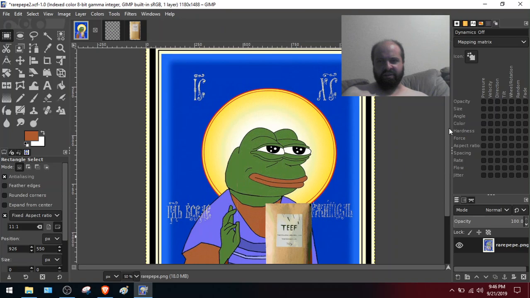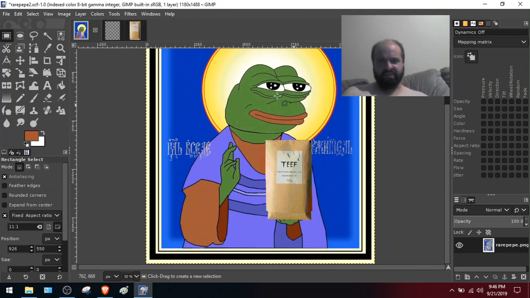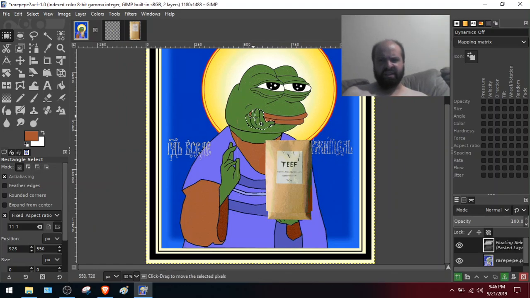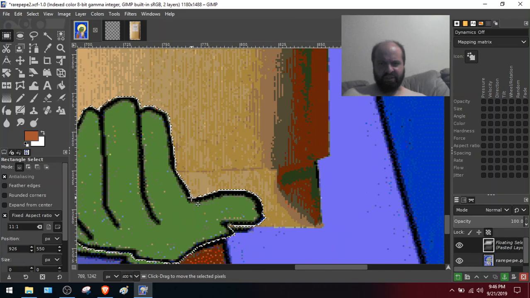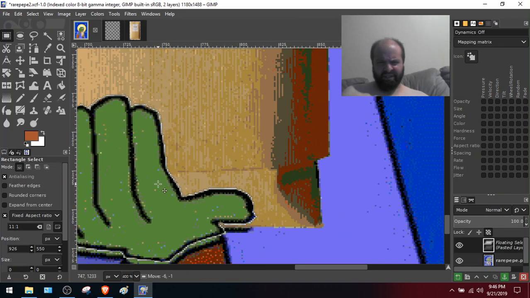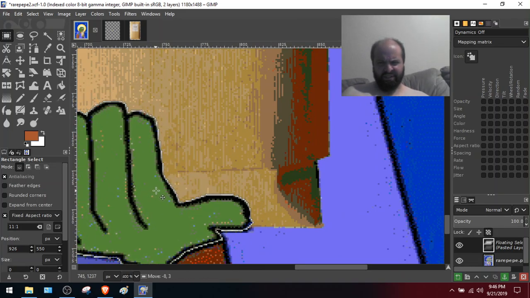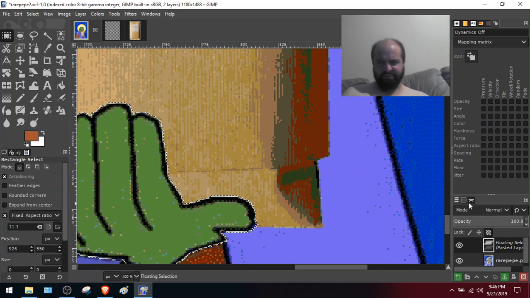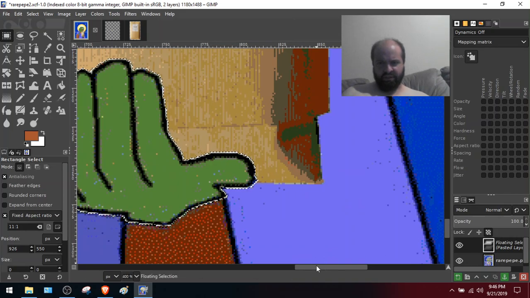Now for the final part of this meme, and we are almost done. We're going to come in with this Pepe hand. We are going to select all. We are going to Control C. We are going to Control V, and we see the hand right here, and we are going to place the hand right on top of his other hand. We're going to make sure that we get it perfectly on top of it, just like so. And I think, ladies and gentlemen,